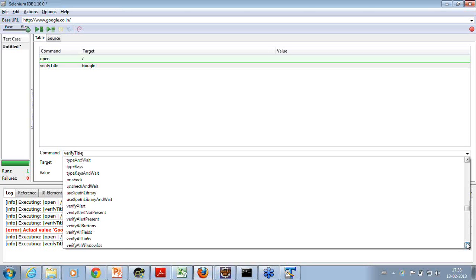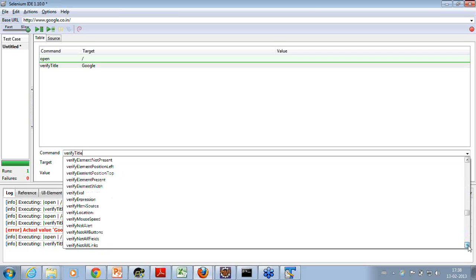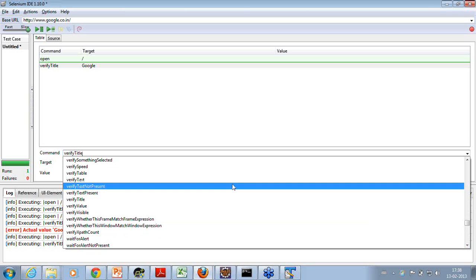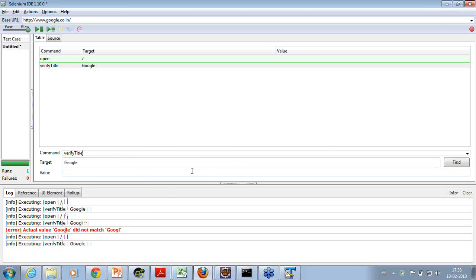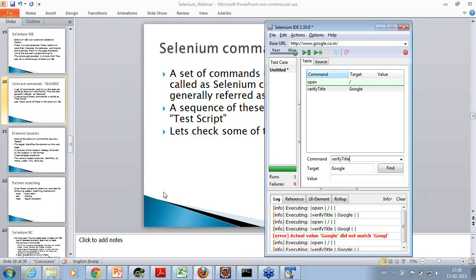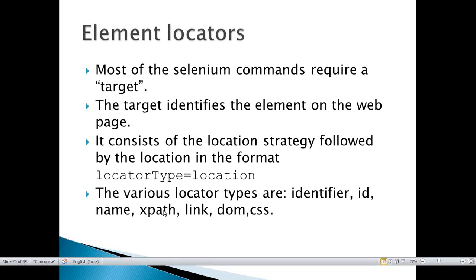And in fact, for the verify itself, there are a whole lot of options. So verify checked, verify cookie by name, verify cookie not present, verify title, verify text, verify table, text present, text not present. A whole lot of stuff is available over here. So these are what is referred to as the Selenese or the Selenium commands. Okay, now the next thing that we saw in the Selenium